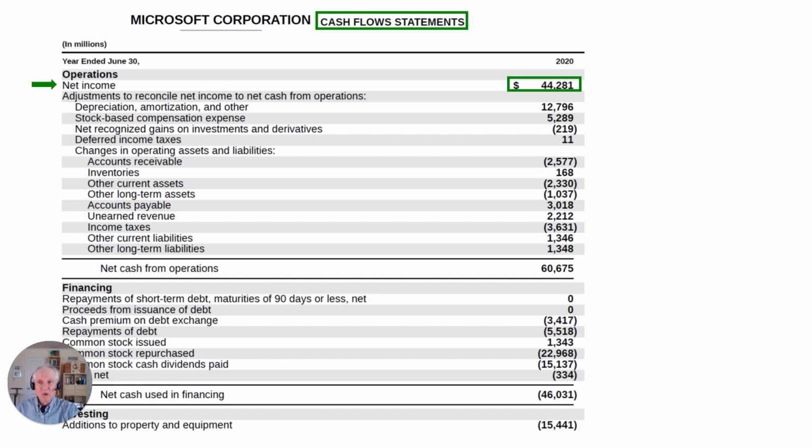So what adjustments? Well, number one, we take off in the income statement depreciation and amortization as our equipment gets older. But that's only an accounting transaction. We're really not writing a check for it. So to come back to cash flow, we always add back the depreciation and amortization we took off and didn't spend. So there's $12,796,000,000 we really have. So we're going to add that back. Then we look at the other non-cash charges plus or minus. When we do these adjustments, you'll see net cash from operations for Microsoft,